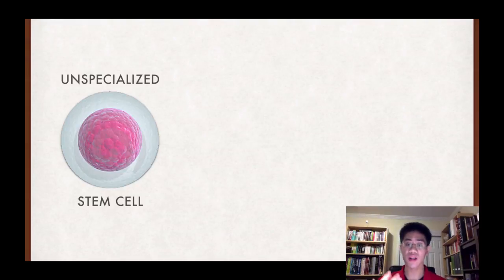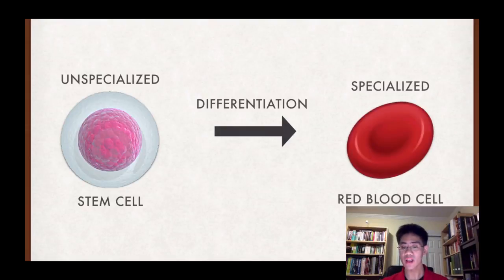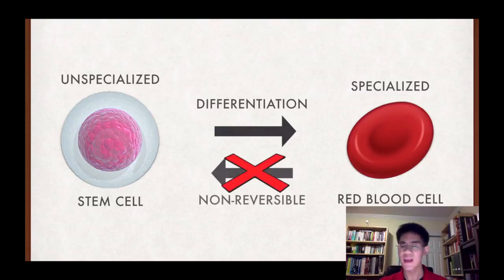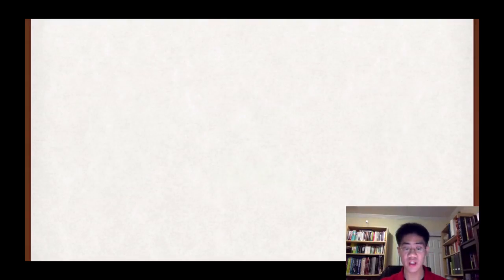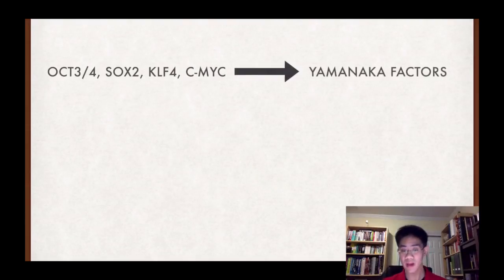But as soon as they are assigned a job, let's say to deliver oxygen, they become specialized in a process known as differentiation. Now, differentiation had always been considered a one-way process. We knew stem cells could differentiate to become specialized, but we never thought that specialized cells could ever undifferentiate to become stem cells once more. At least not until 2012, when scientists from Japan won the Nobel Prize for the discovery of 4 genes that are responsible for pluripotency. And these genes are OCT4, SOX2, KLF4, and c-MYC, also termed the Yamanaka factors, named after